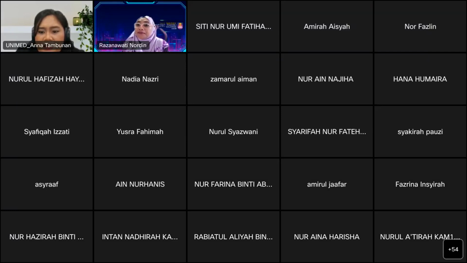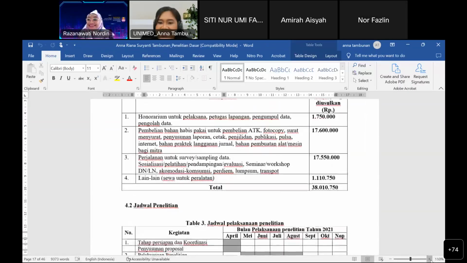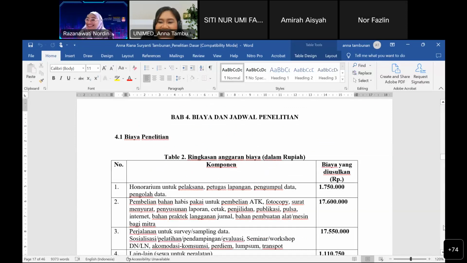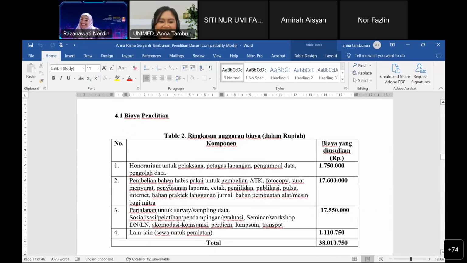Sometimes it's also better to ask what budget the company has. What you showed just now was a big budget. Now this is the small one. This is for the staff, and then buying the utensils, and then this is for the materials, trip, and then this is for the others.